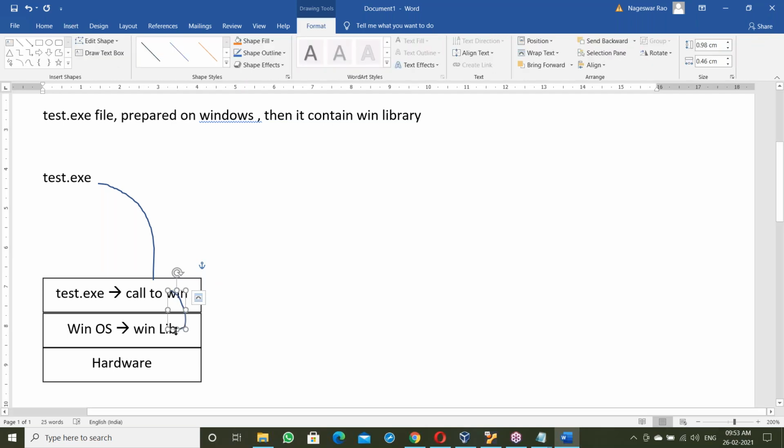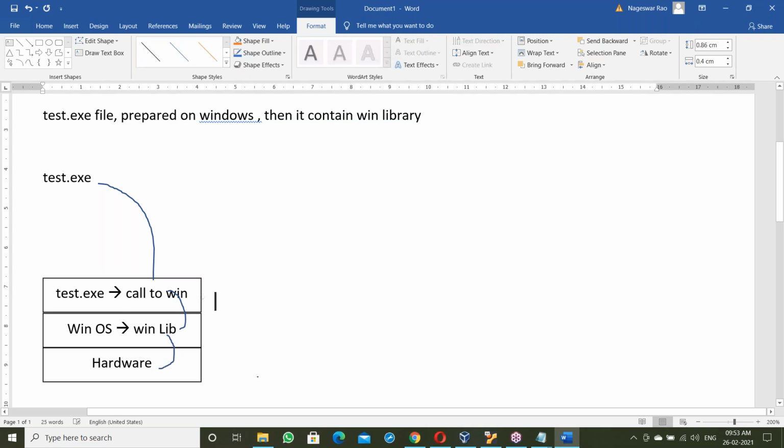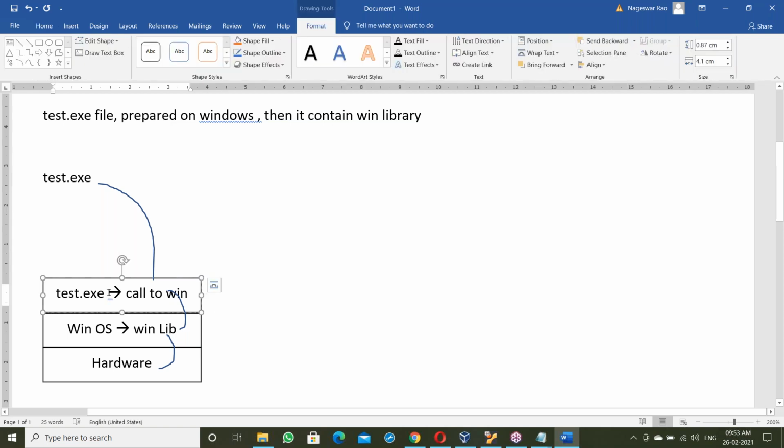Using the Windows library, it then communicates with the hardware components. This is how the exe file works.